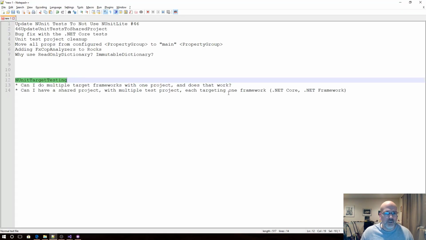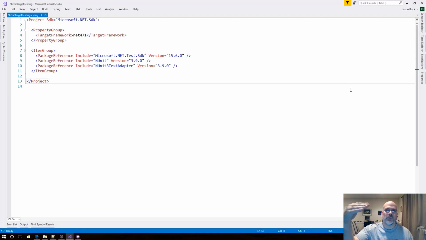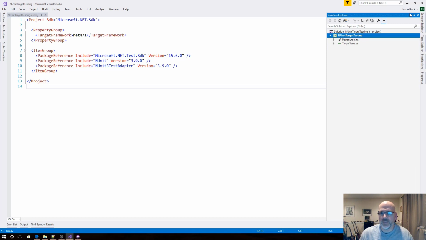So what I could do, let's do this. If I do a shared project with old CSproj file and new. So what I could do is have one project that's shared, and then three projects: .NET Core, .NET Framework with the old traditional way, and .NET Framework with the new one, and let's see how they work. So this is NUnit target testing. Okay, so actually,